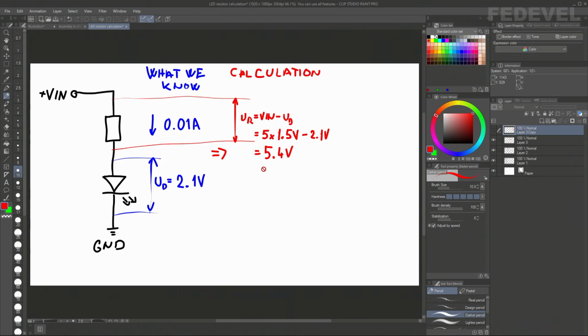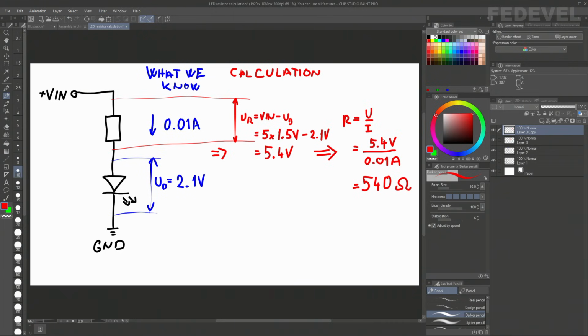Once we know this voltage across this resistor, and we also know the current which should flow through this resistor, we can very simply calculate the value of this resistor. We can use this equation or Ohm's law, which says that the resistor value equals the voltage divided by current.